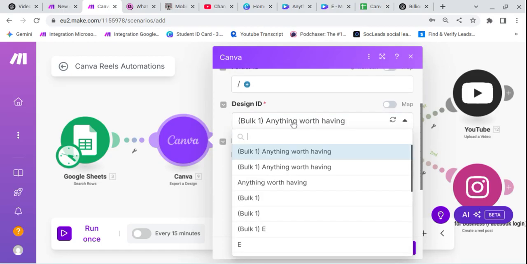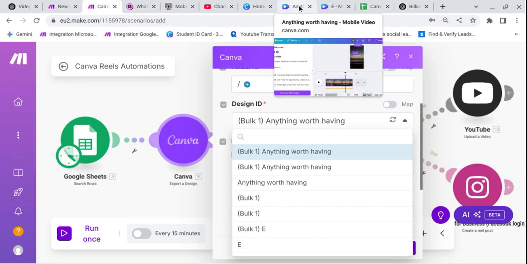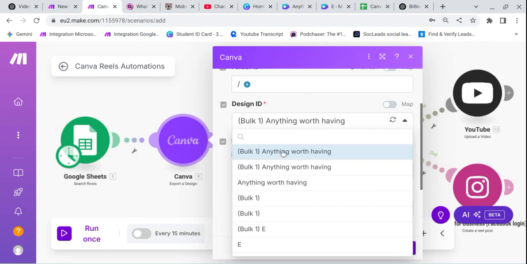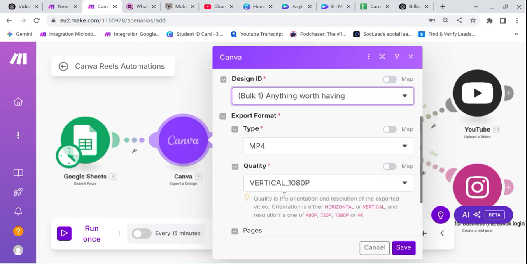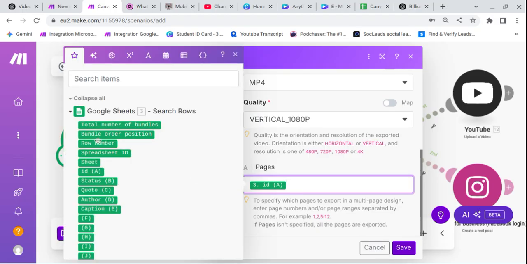Okay, I don't know which one. Just choose that, and the vertical format, and the page will be from a Google Sheet, and I simply drag